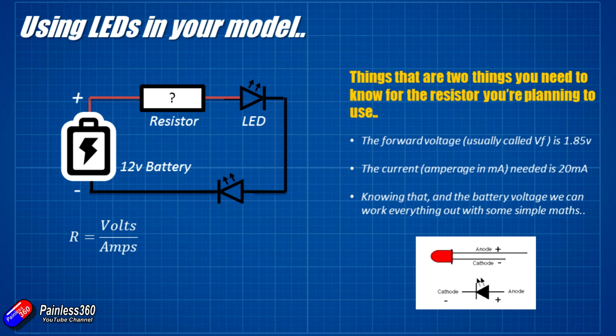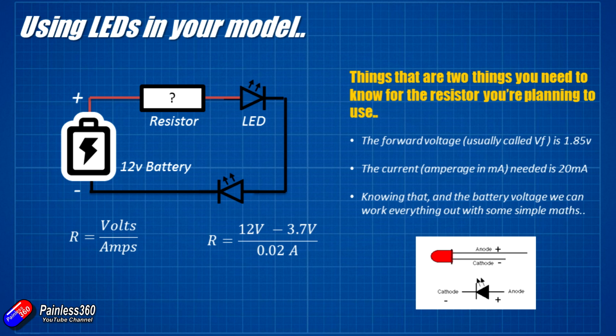But because we're connecting these LEDs in series, we actually need to get rid of a little bit less voltage in the resistor, because one LED is going to drop 1.8 volts across it, and the second LED is going to drop another 1.85 volts. So this time we're going to need to find the resistor that's going to get rid of the difference between the 12 volt battery and the 3.7 volts that the two LEDs will drop across themselves, and we're going to divide it by 0.02 amps, or 20 milliamps again,